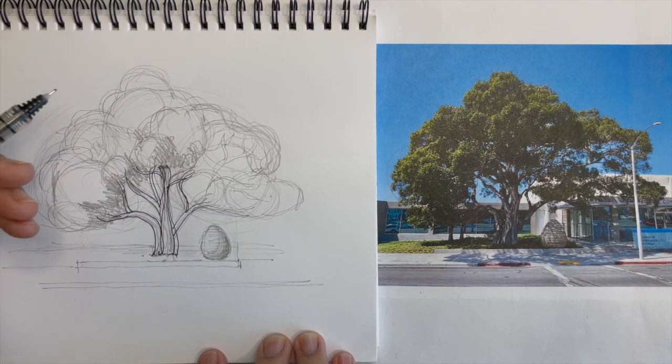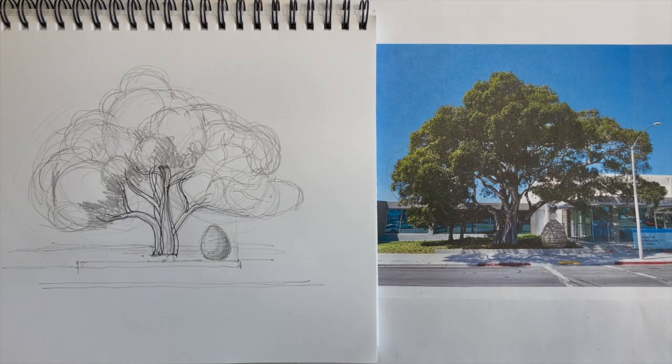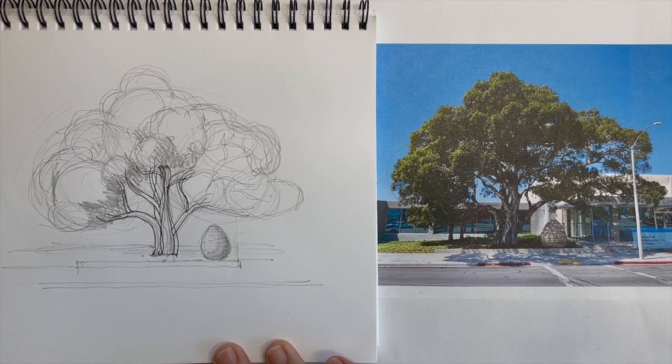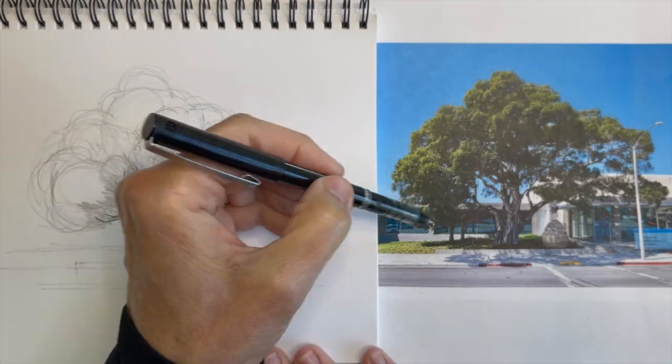When I'm not suggesting that we fill in everything about the trunk, we're really building this sketch up. So get some of your branches started, and then we're going to come in and start on the leaves. A couple of things to notice as we start getting into the leaves is,